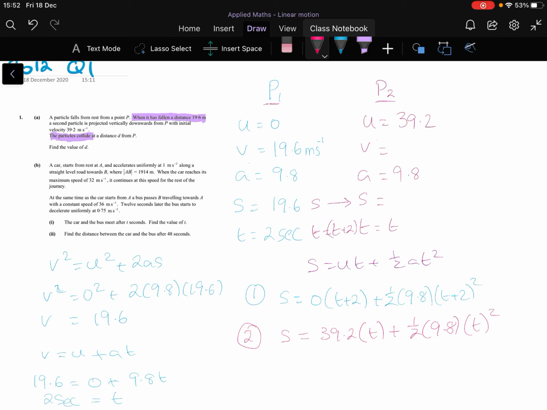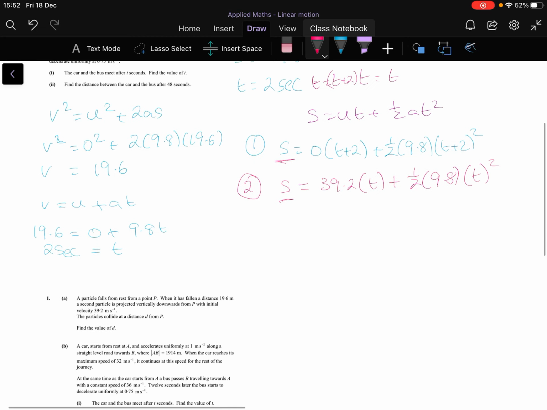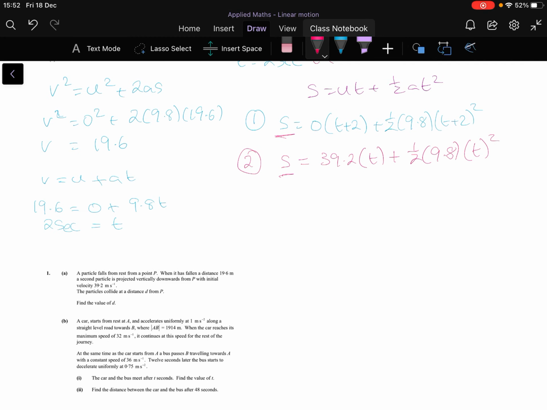I know that these two have the same distance. I'm looking for when their distance is the same. At what time is their distance the same? So I'm going to let these two particles equal. So when I move this down, I am now going to let these two particles equal, and I will have